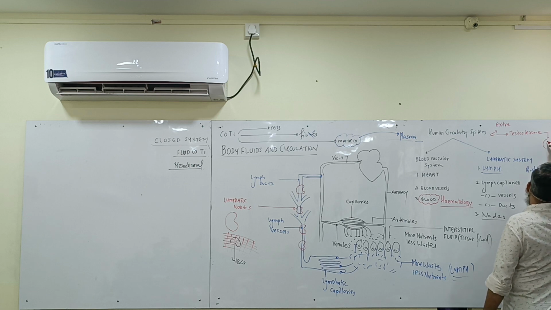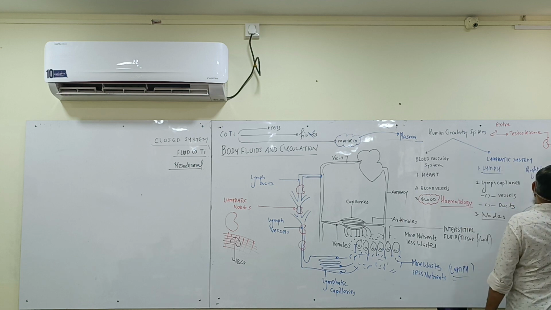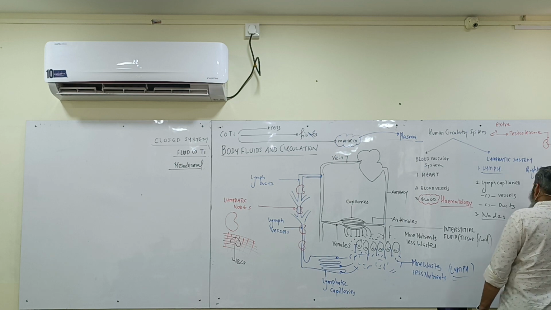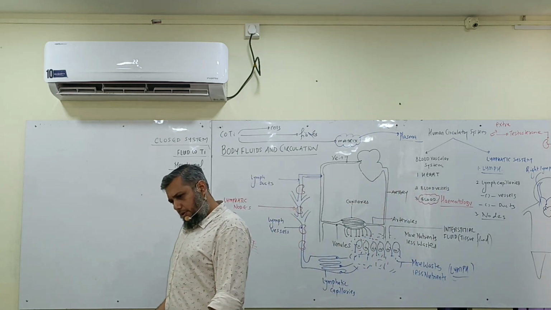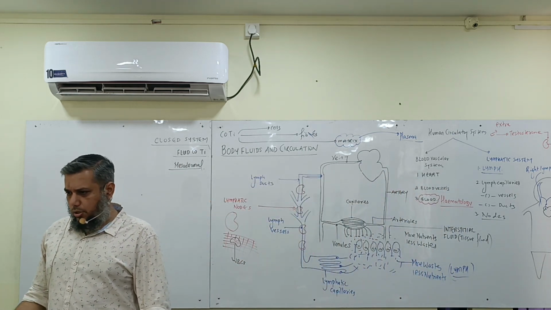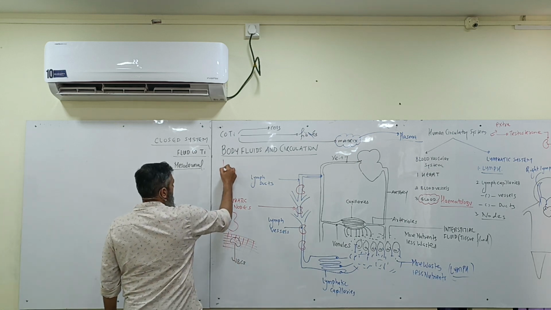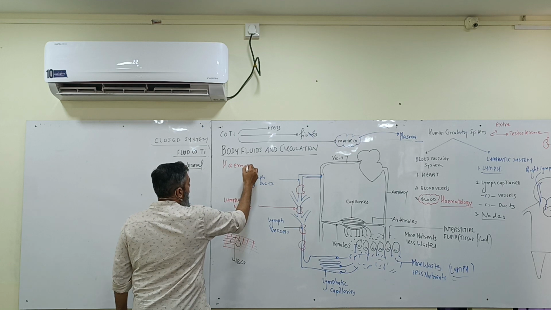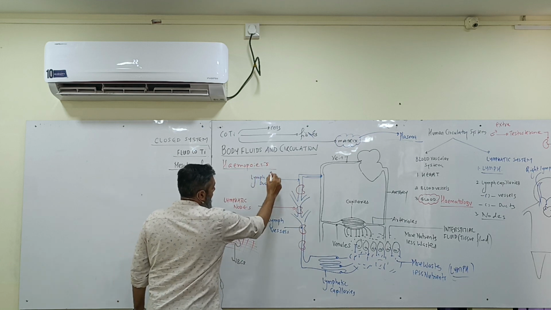It will act on your kidneys. Kidneys will release a hormone called EPO, erythropoietic factor, and that will act on your bone marrow cells, and that will help in the production of more blood. So who has got more amount of testosterone? So who's hemopoiesis? Hemopoiesis, the formation of blood, will be more in the case of males.